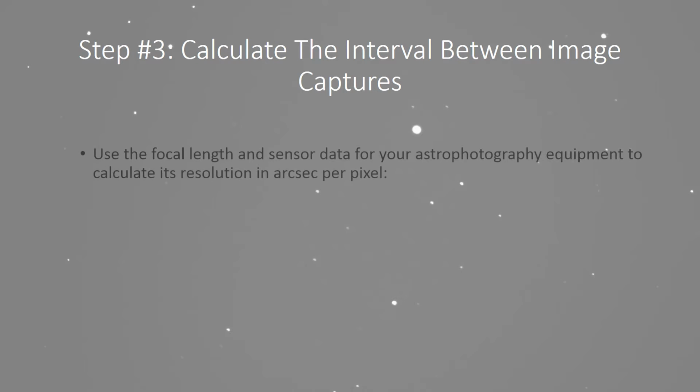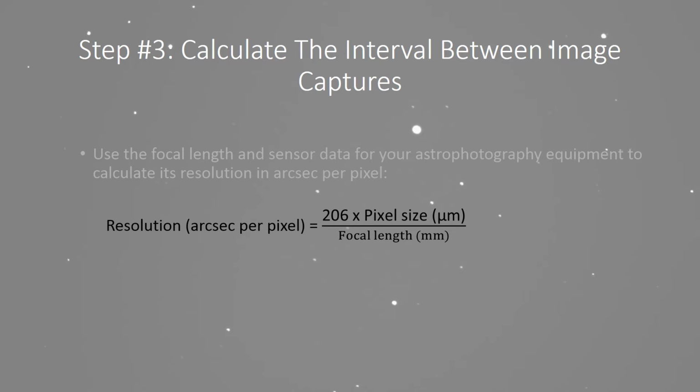Once you've picked your asteroid, step number 3, the next step, is to calculate the interval between image captures. Use the focal length and sensor data for your astrophotography equipment to calculate its resolution in arc seconds per pixel. The formula is: resolution in arc seconds per pixel equals 206 times pixel size in micrometers divided by